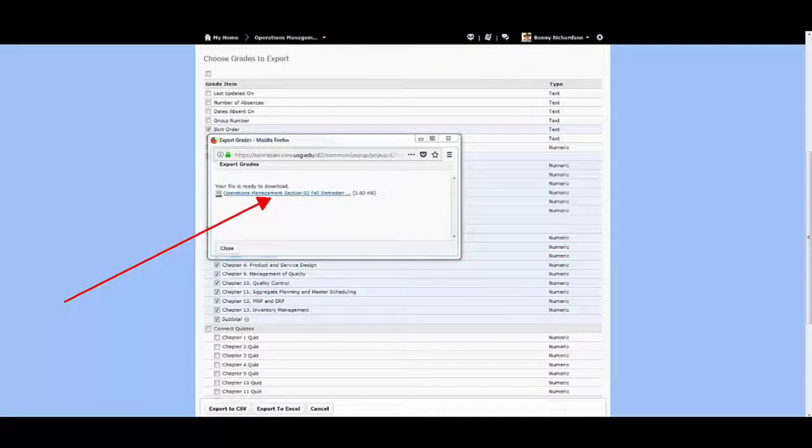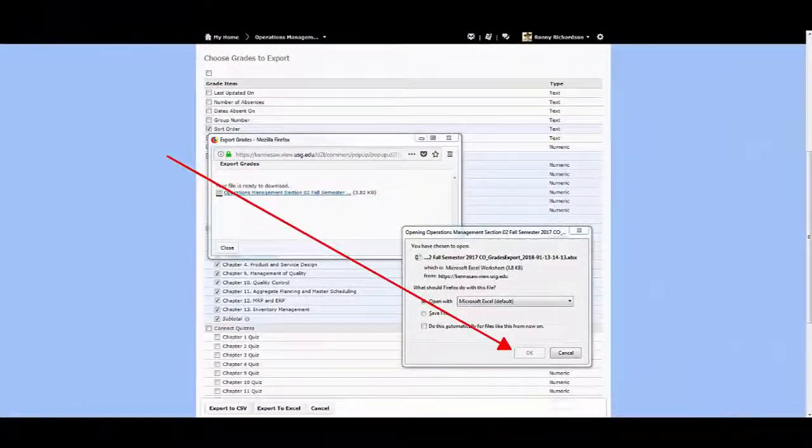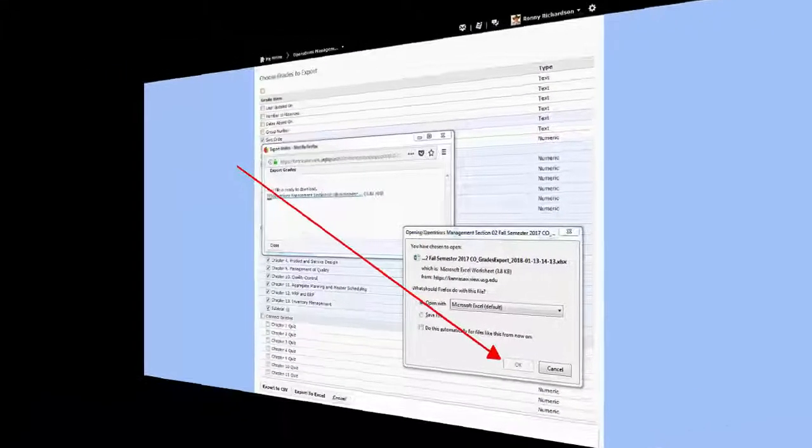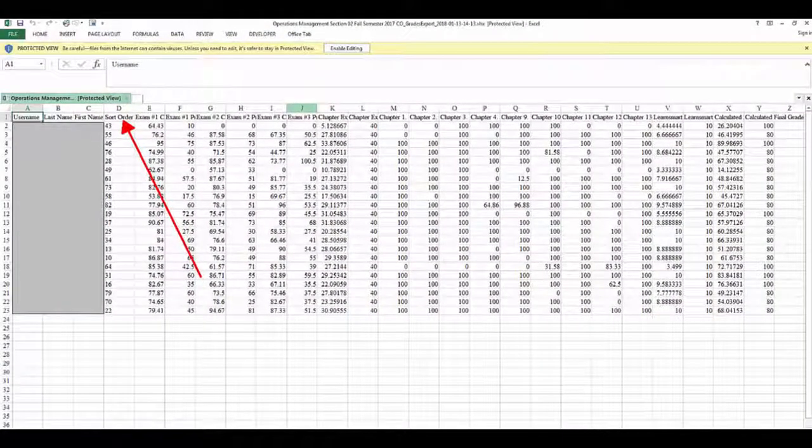That brings up a dialog box with a link to a file. You click on that link to open the grades in Excel. Your operating system may require you to click on one additional dialog box. Just click on OK. The grades load into Excel with each row as a student and each column as a